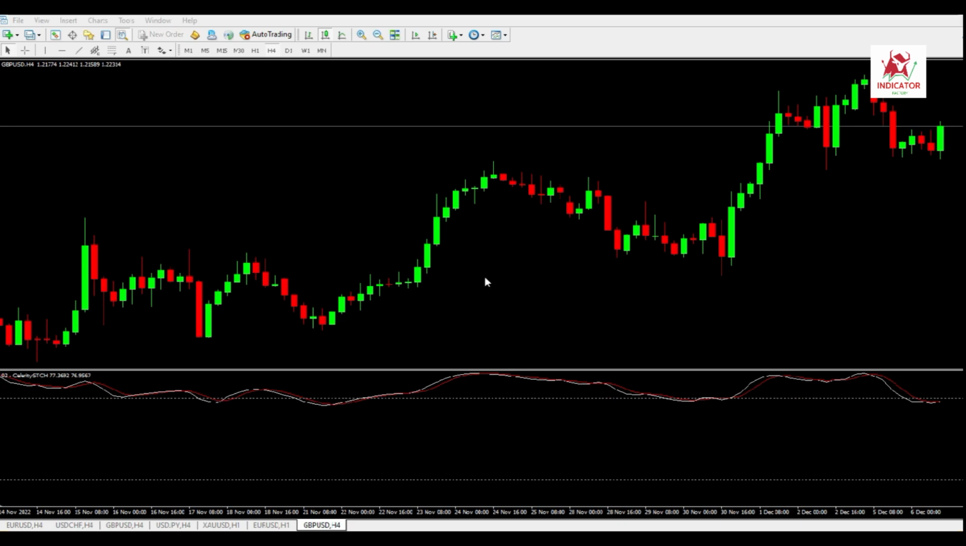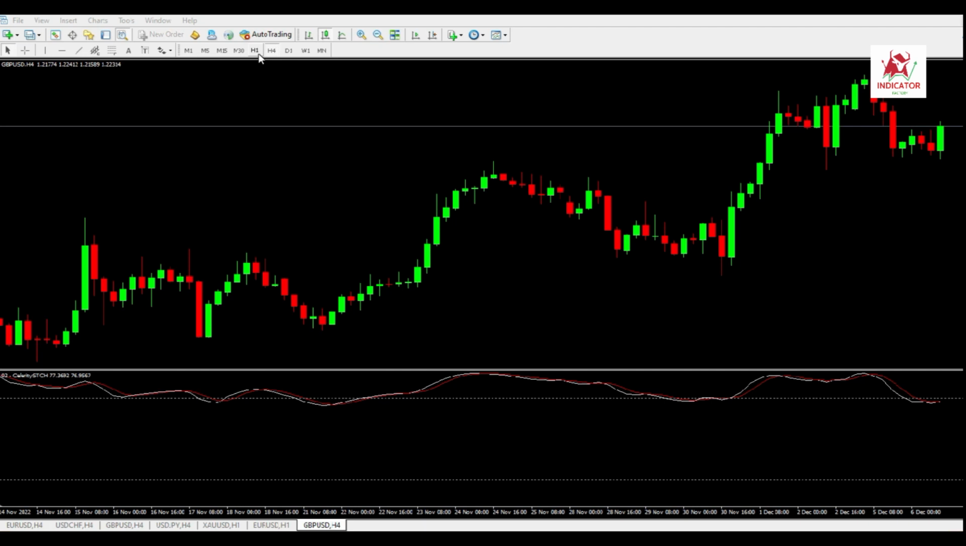What is a stochastic oscillator? A stochastic oscillator is a momentum indicator comparing a particular closing price of a security to a range of its prices over a certain period of time. The sensitivity of the oscillator to market movements is reducible by adjusting that time period or by taking a moving